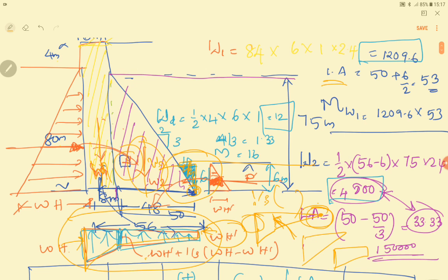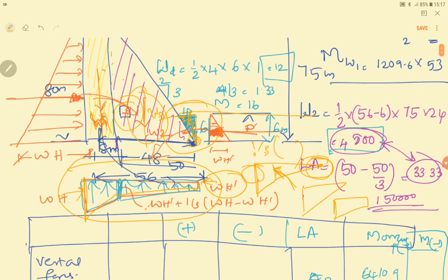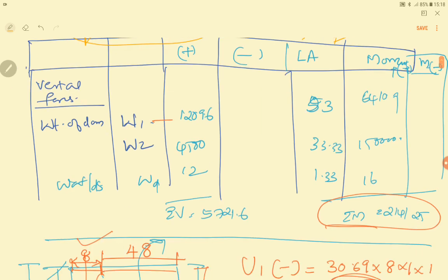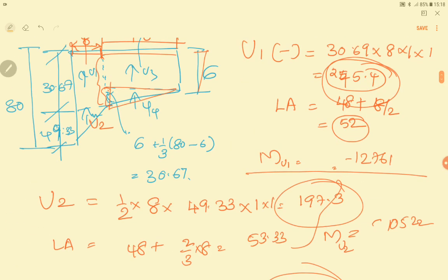Now you have to find the various uplift forces that act here. To find that, what we did is we just divided the whole uplift pressure diagram into various simple sketches. So you can use the equation for a trapezium, (2a plus b) by (h by 3), or otherwise you can just divide the whole thing into rectangles as well as triangles. Here we divided the whole diagram into 4 parts having rectangles and triangles, and you found out the values of u1, u2, u3 and u4 corresponding to all these 4 basic sketches.